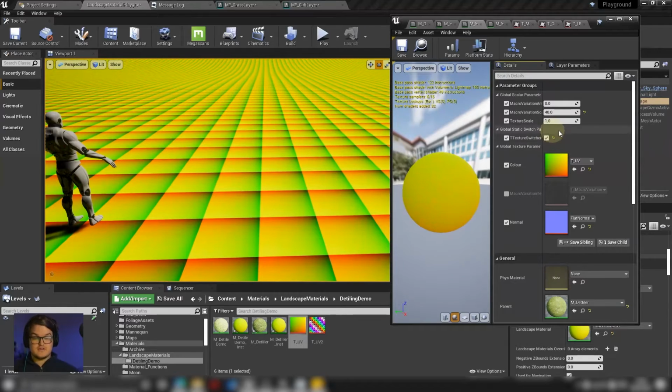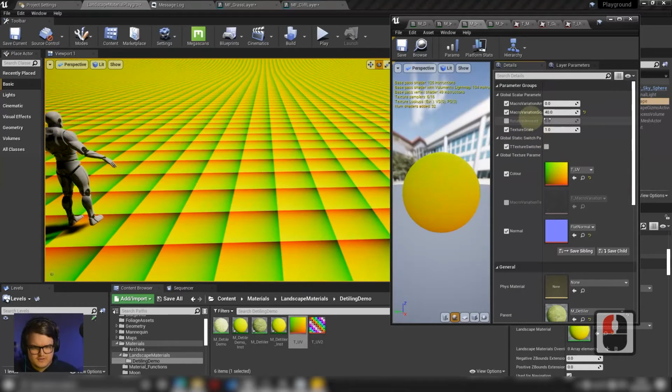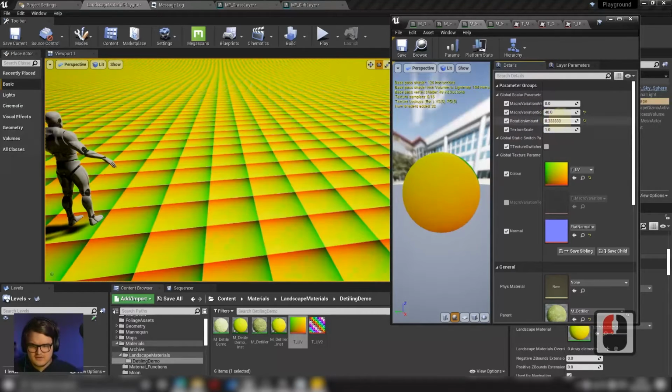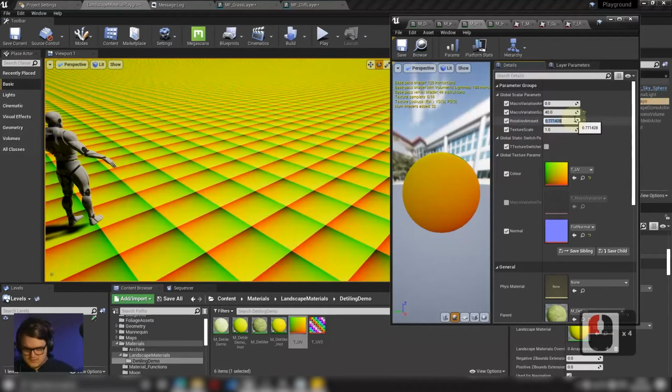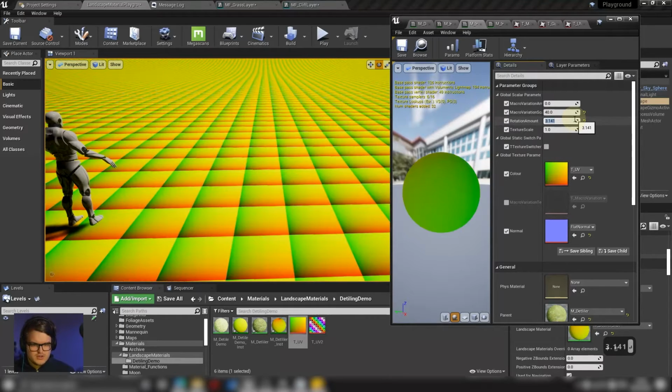There's no rotation at the moment because I have not changed the default from 0. When I am false, that's when the rotation is applied, so that's when I have access to the rotation amount. And if I start increasing that to something like 3.141, now when we toggle back and forth, you can see that the green and the red, indicating which axis we're